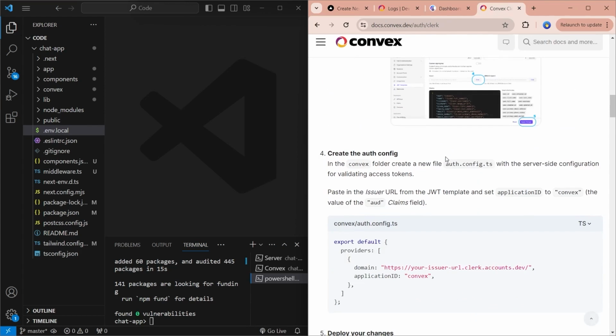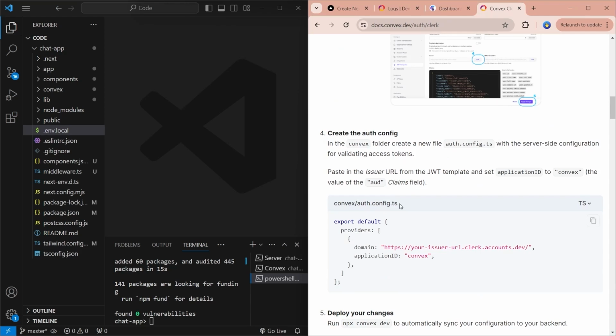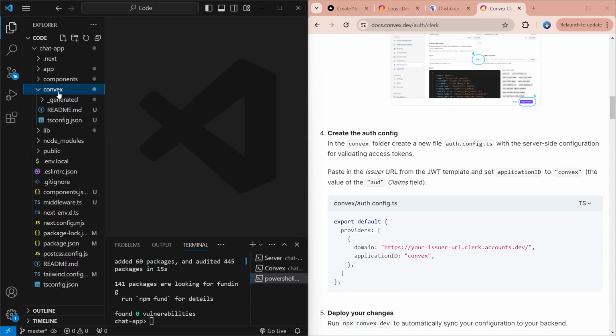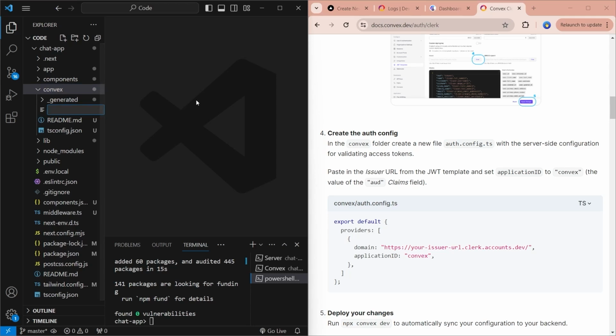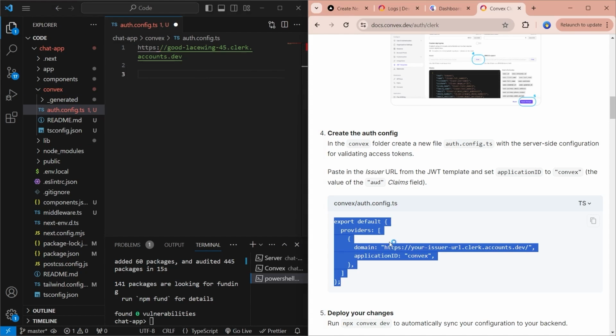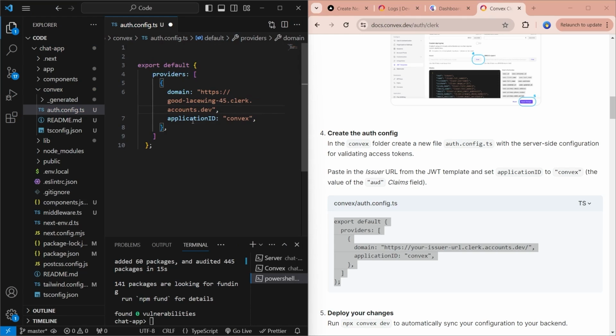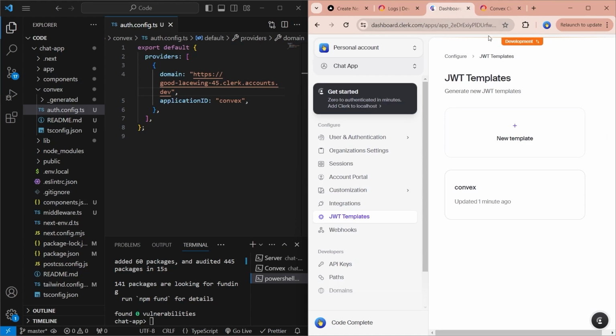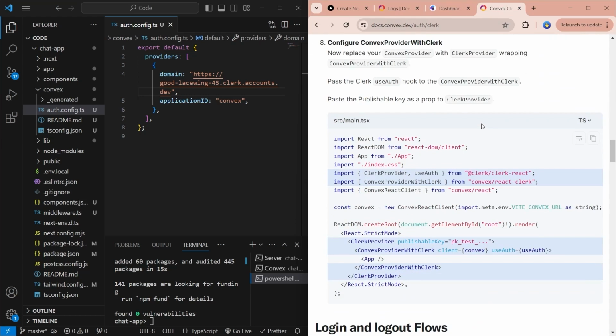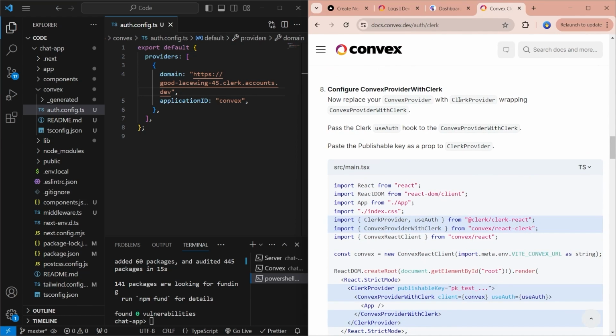What we need to do next is go into auth.config.ts in our project. So we need to create that file inside the convex folder. We'll click on new file and say auth.config.ts and then paste in the rest of the stuff over here and replace the domain with what we had copied before. So this is the domain for our Clerk project, and save that. What we want to do next is go back into the documentation and go down to step number 8, which is creating the actual provider, which will protect our entire app behind authentication and also add a sign-in page hosted